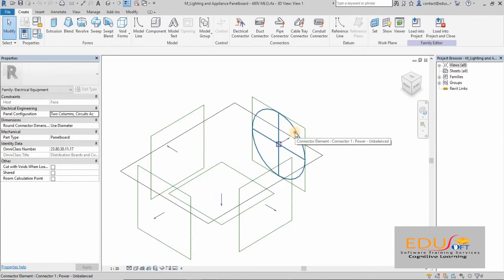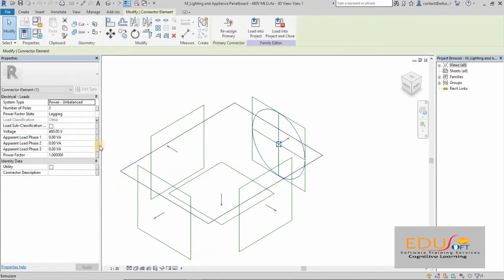Once you select the connector, your instance property bar changes to connector element, where you can find voltage, number of poles, power factor, etc. Here we will change 480 volt to 415 volt.